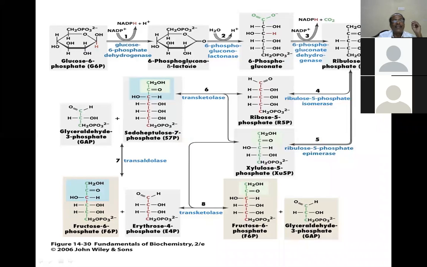6-phosphogluconolactone, OH. You see? And this H is lost. The O has come here, and the rearrangement is happening here. 1 H, 2 H lost, and the H are here. So NADPH. Next, water enters into it. 6-phosphogluconolactone hydrolase, and then this becomes 6-phosphogluconate,